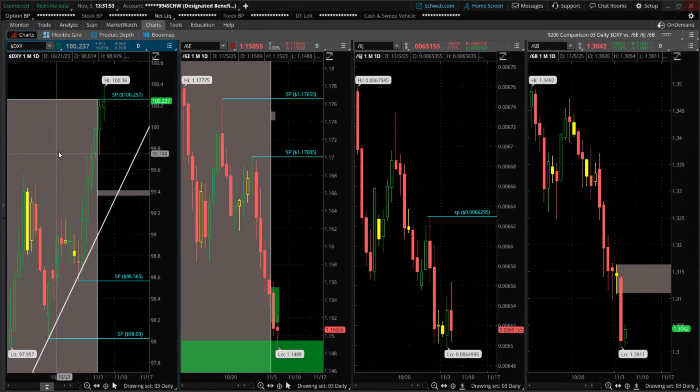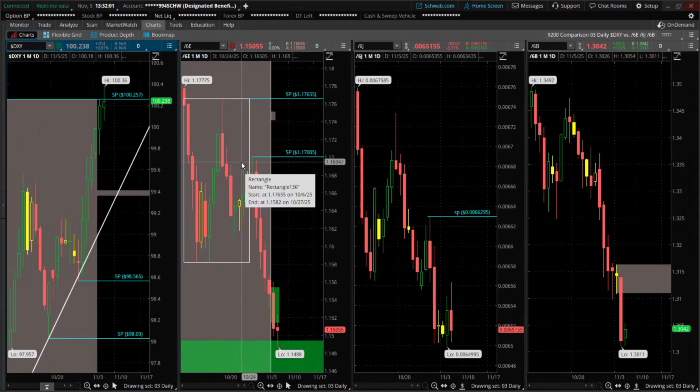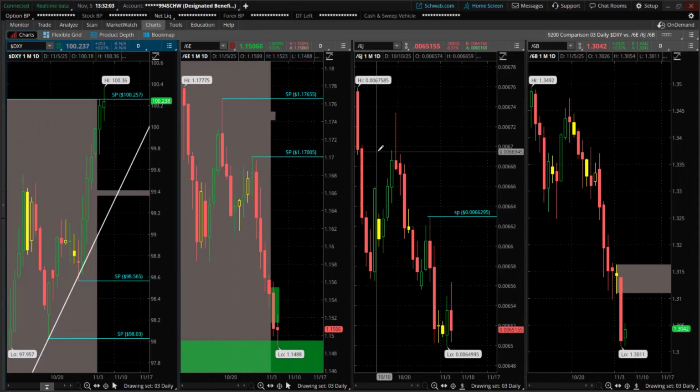So on the far left is a daily chart of the US dollar. And then followed to the right of that, the daily chart of the euro, followed by that, the daily chart of the yen, followed by that on the last grid on the right, is the daily chart of the British pound. So what I'm looking at is in the morning, since the futures were open the prior night,